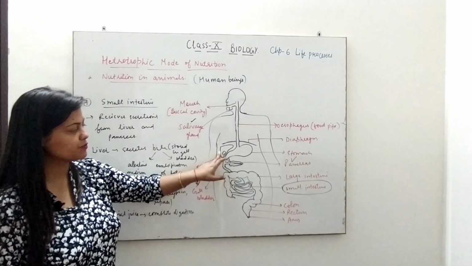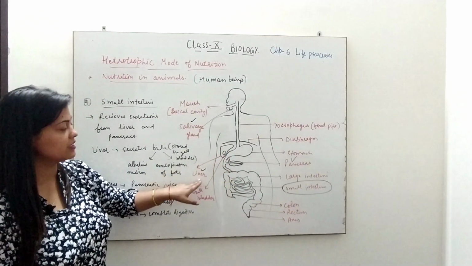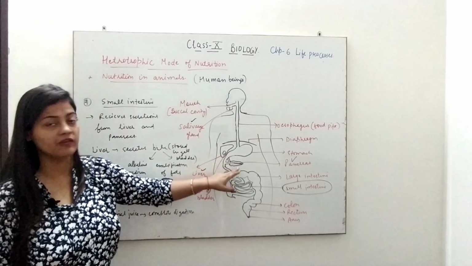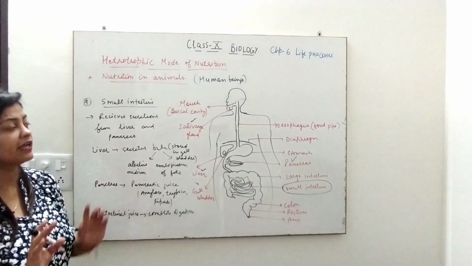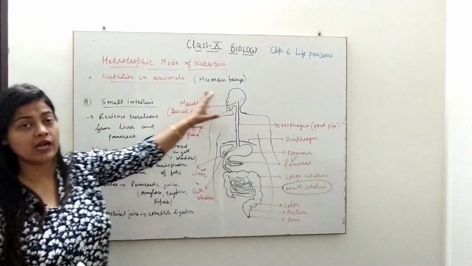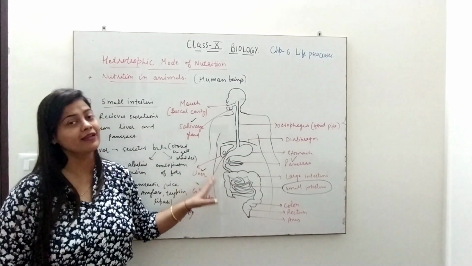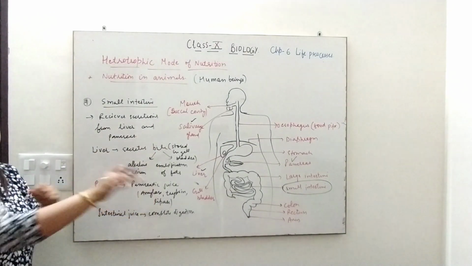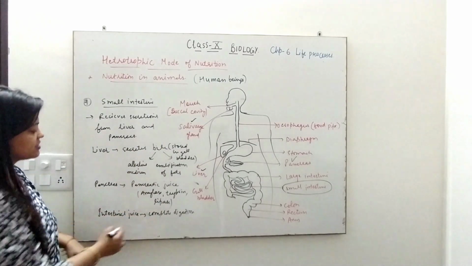Now along with this, the small intestine also gets the secretions from these two glands which are present in the pathway, that is liver and pancreas. So the small intestine will receive the secretions from liver and pancreas. And the final digestion, actual digestion takes place in small intestine, or you can say the complete digestion of food takes place in small intestine. That was started in mouth, it had happened in stomach also, but it will be completely done in small intestine, and absorption also. So function of small intestine is complete digestion of food, and it receives secretions from liver and pancreas along with its own secretion.